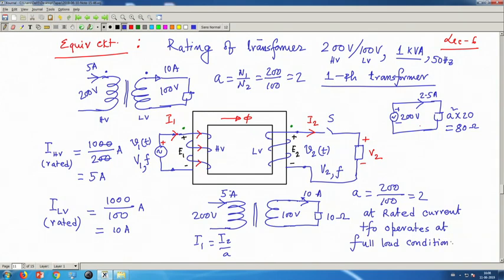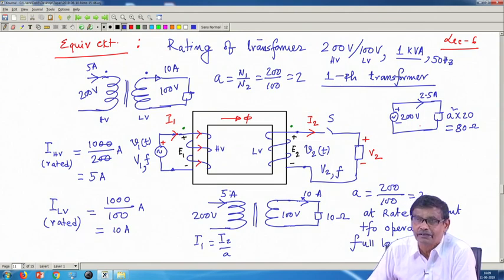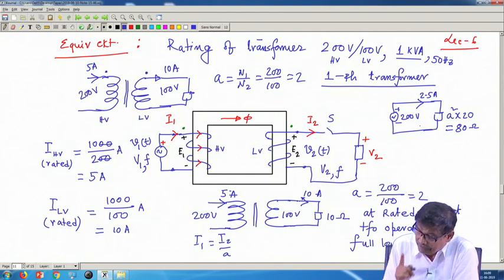Got the point. And another thing, we immediately come to the conclusion that on the high voltage side, voltage is high, current will be less compared to the LV side, where voltage is less, current is high, because the product is to remain the same. So, if voltage has reduced, current must increase by the same proportion. That is why KVA remains the same, volt ampere. Kilovolt ampere is a very practical unit.